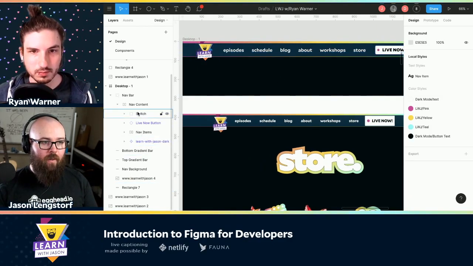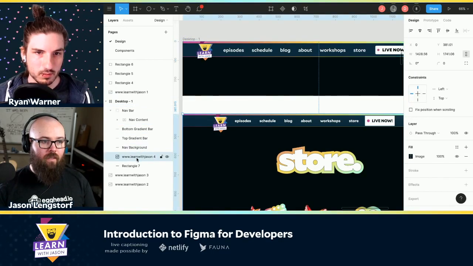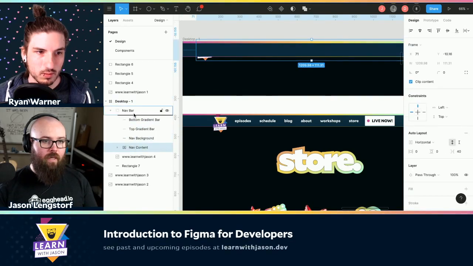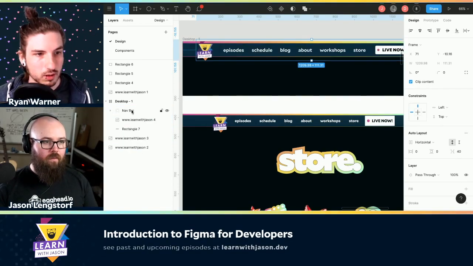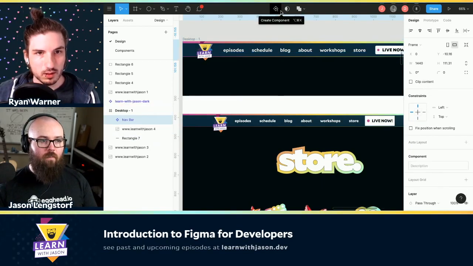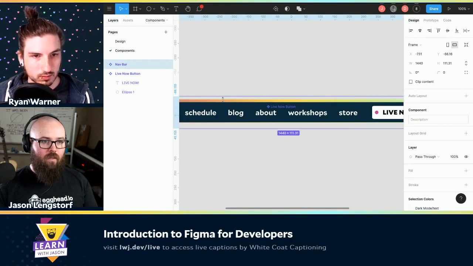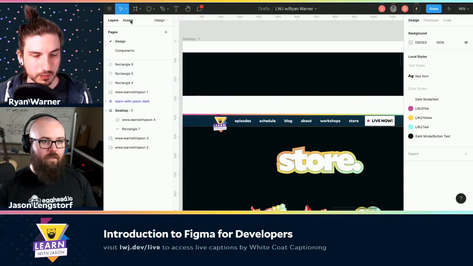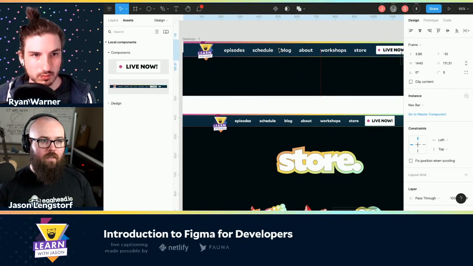All right. So I've done that, and now I have my nav content, and then I need to get my nav bar. That's all in there. And if I take all of these, drop them in, and move this back above it, just like z-index in code, there in our layers panel, perfect. So now I'm just going to turn this into a component. And then let's take this out. We'll move it into our components page. And then I'll be able to come in here and just drag it in. And let's position it like so.